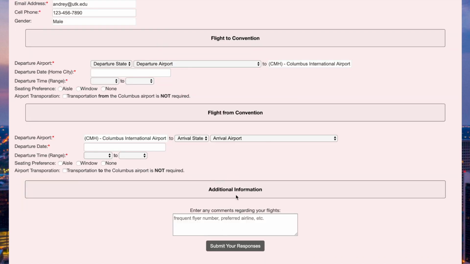There's also an option for any additional information that you'd like to add. So for example, if you have a frequent flyer number, a preferred airline, or if you'd like to fly with someone from your chapter on the same plane, you can include that information here to help the travel agent meet